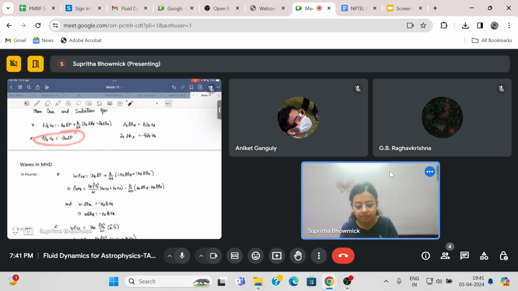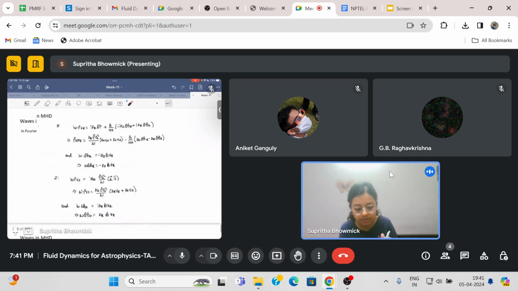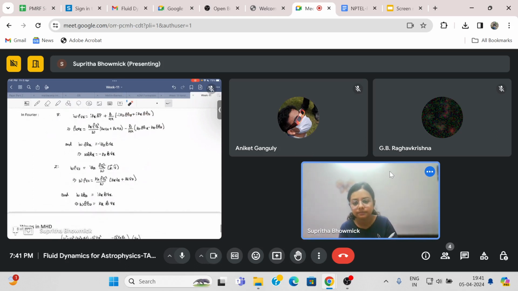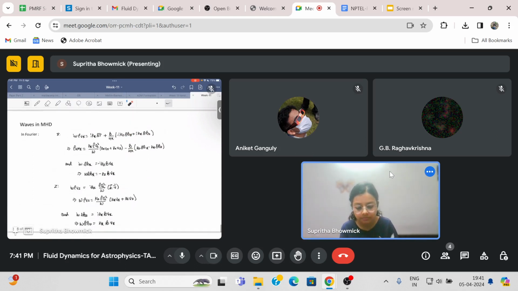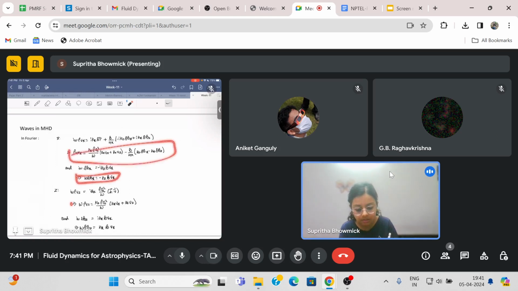Next, consider this equation. This becomes an i omega rho v_z, and this gives you a minus ik_z, and there's a minus sign over here already, so you get an ik_z delta rho, and delta rho, remember, is this, so we substitute this over here. Rearranging, you get this. Similarly, this equation. It's extremely straightforward. Let me know if you have any question. So this equation, this equation, this equation, and this equation is what one has to solve to get the solutions of magnetosonic waves.